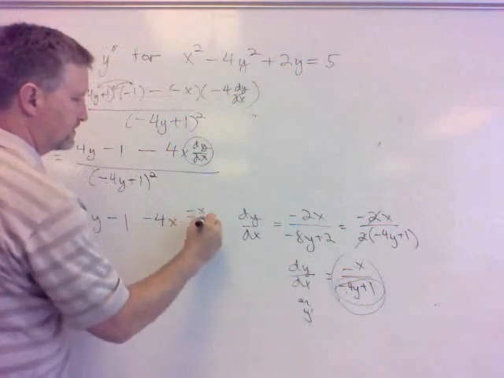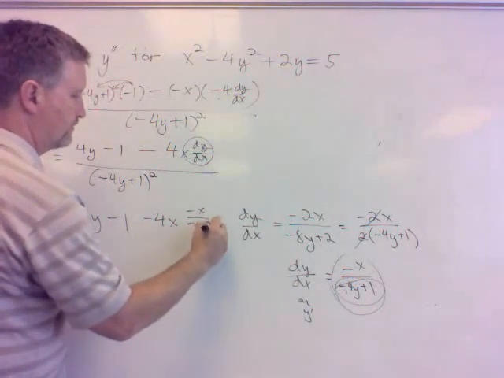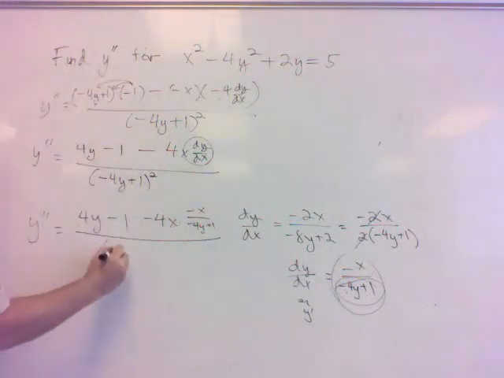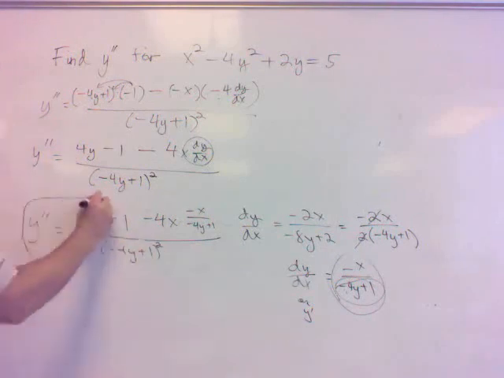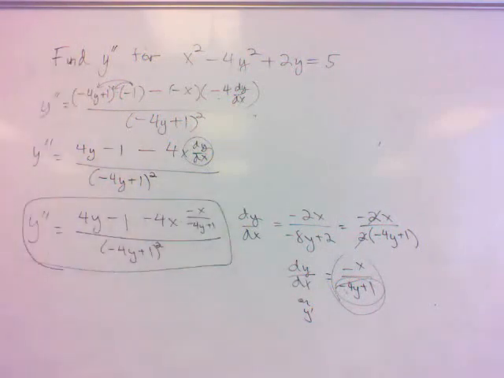It'd be minus x over negative 4y plus 1, over negative 4y plus 1 squared. And you could do algebra things to that to make it a little prettier, but you get the idea. That gives us something we can just plug in. Give me an x and a y value, I can tell you the second